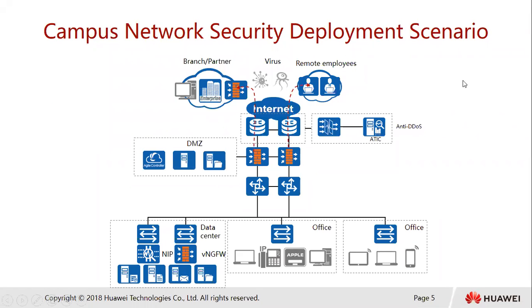Okay, so this is the campus network security deployment scenario. Okay, so what we have here, the branch or partner, and then these can be our remote employees. And then this is the internet, where the viruses and other malware come from. Okay, and then here if you see here, we have